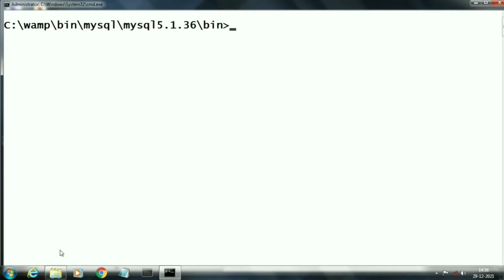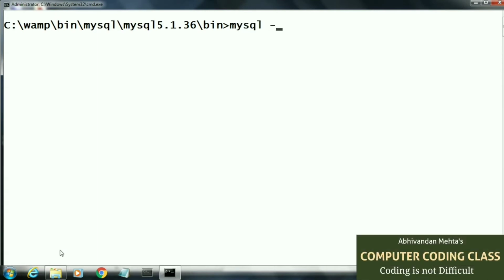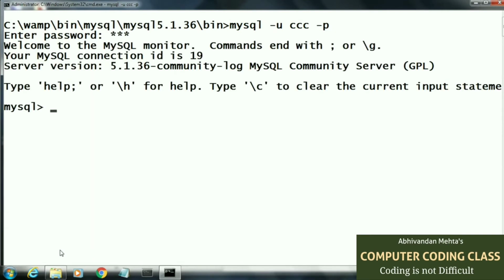Next we will log in as the new user, that is our CCC. On the DOS prompt we will write mysql space -u space username CCC space -p and then enter. Next we will enter the password, that is Ram. Now we have logged on as our CCC user.